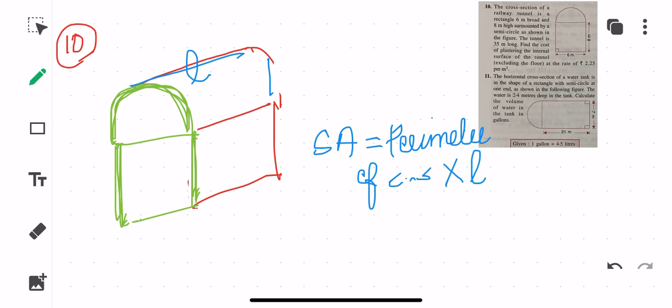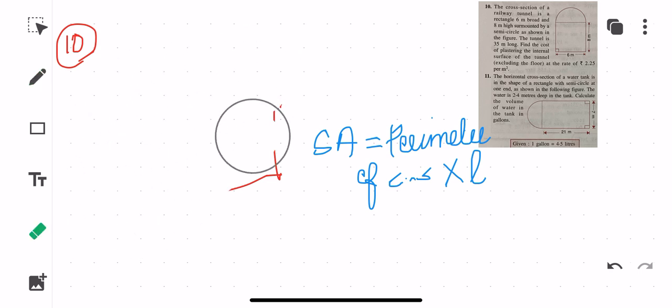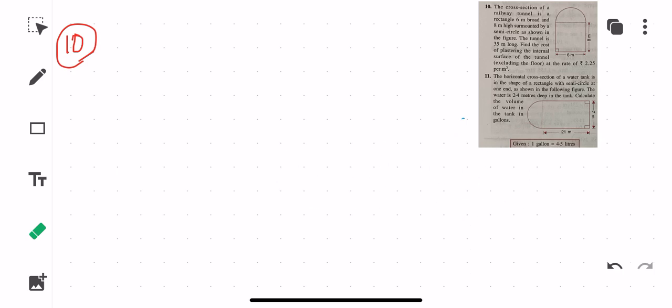Why are you not taking this particular line, children? Because that does not come in the perimeter. So you will be taking only the half circle, and then you will be adding the two sides. This is the way this particular sum has to be done. We were getting confused. Of course there are many other ways of doing it, but this is going to be the smallest one, and you can get the answer very easily.